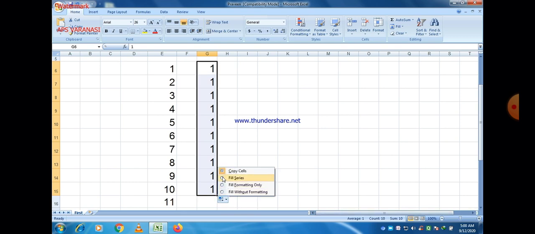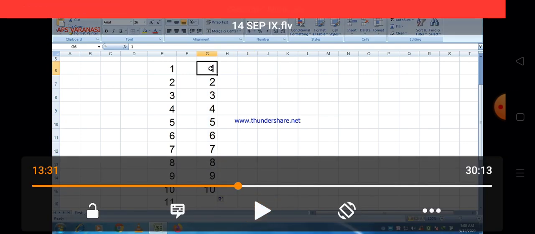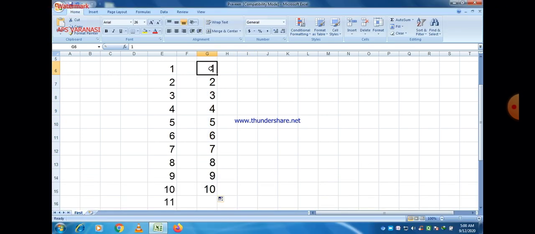And if you want to make a series, then just right click and choose fill series, and it will be converted into a series. So you have 2 options. First of all, either you write numbers 1 and 2 and drag after that, so the sequence will be followed, means 1 2, then the next value will be 3, then 4, then 5, and so on.